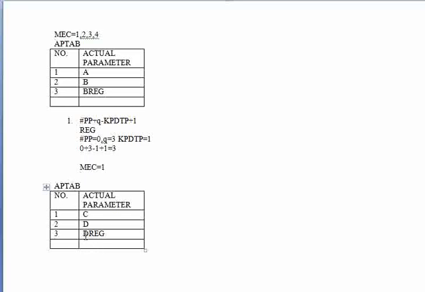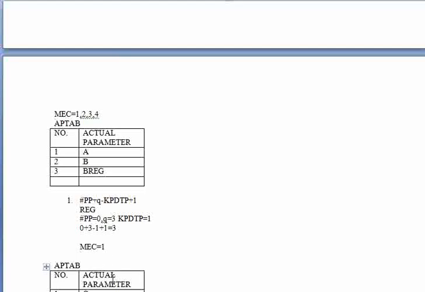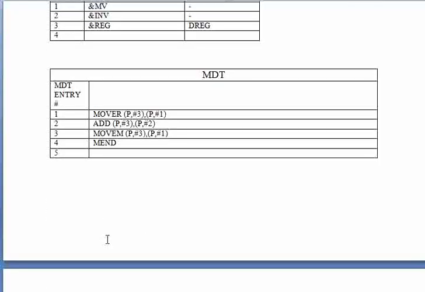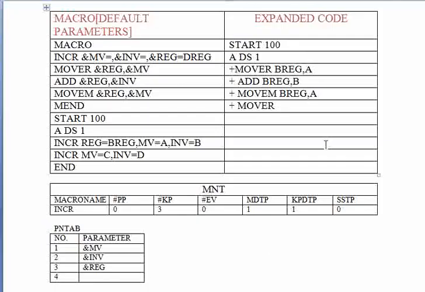P comma #3 is your D register, and P comma #1 happens to be C. So we have to write here D register, and C. If you look at the previous macro call, the default value got overwritten saying use B register, but here in the second macro call we did not send any value for register, so the default value will be considered.